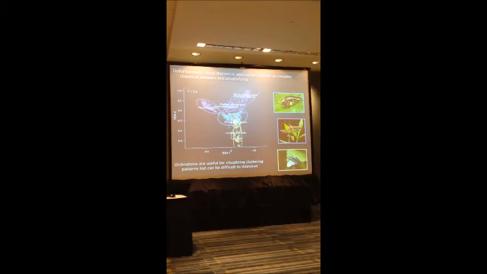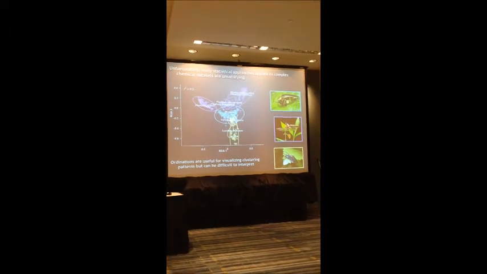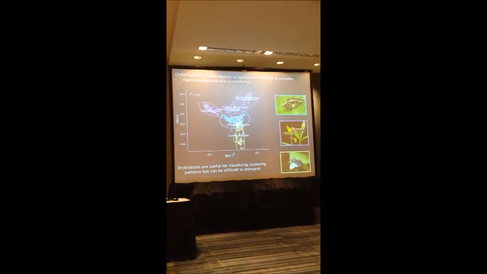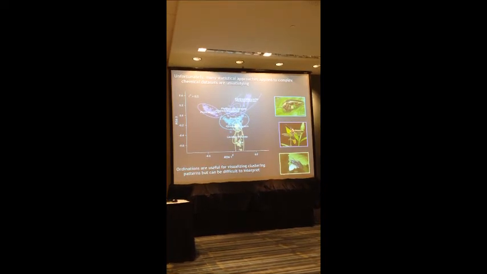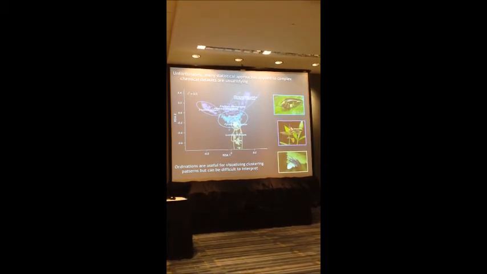So while ordinations are really useful for visualizing these clustering patterns, they can be a bit hard to interpret, as anybody who's ever tried to think about eigenvalues and eigenvectors, interpreting loadings, etc. knows. The only other thing about ordinations is that they don't deal with intra-individual variation, within individual variation. They start with pairwise distances as a default, and so you're losing that level. So what I wanted to do was take a scorched earth policy and start from the ground up, and come up with a new way to think about this stuff.